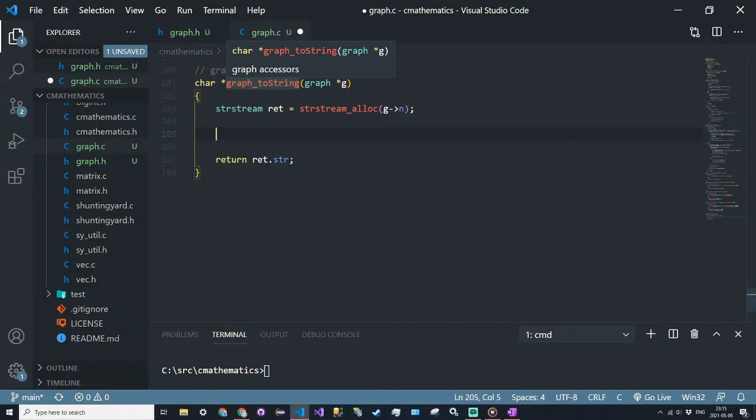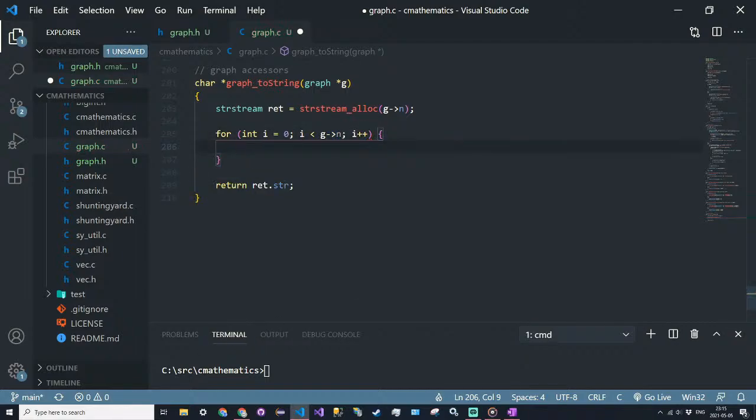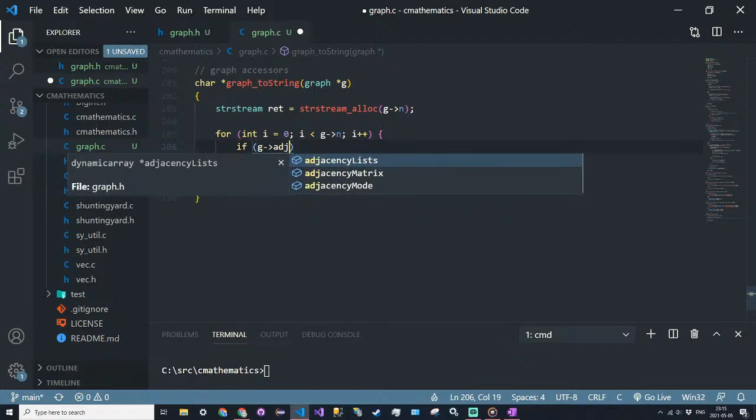Alright, so our outer structure will be a for loop for integer i equal to 0, i less than g.n, i++. We're just going to iterate through each vertex. And then we will have our if statement to determine the mode. So if g.adjacency mode,